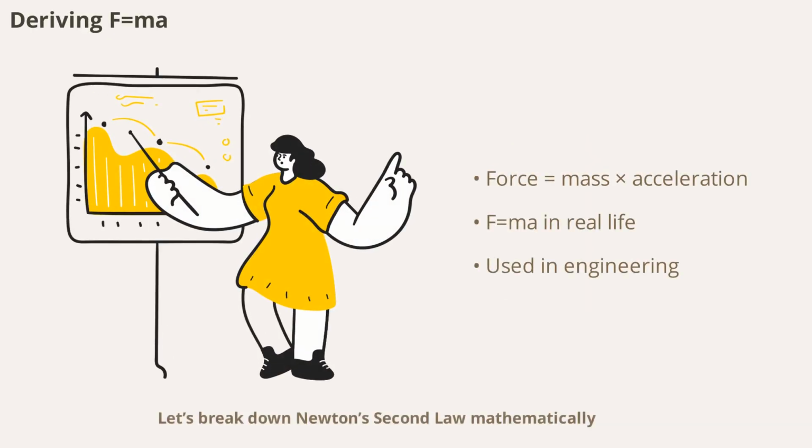Let's break down Newton's second law mathematically. The law tells us that force equals mass times acceleration, or F = ma. This means if you know the mass of an object and how quickly it's accelerating, you can calculate the force applied. For example, if you push a 2 kg box so it accelerates at 3 m/s², the force is 2 kg times 3 m/s² equals 6 N, and this simple equation is a cornerstone of physics, used in everything from engineering